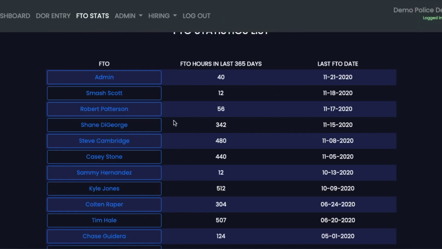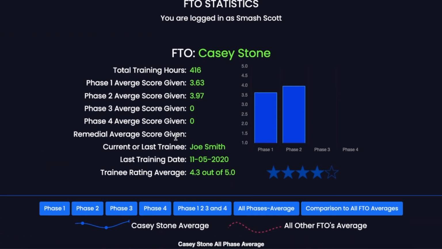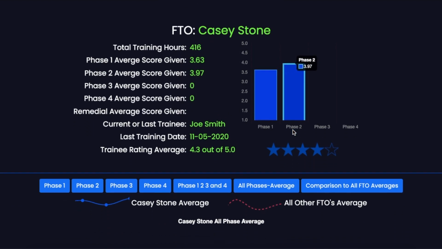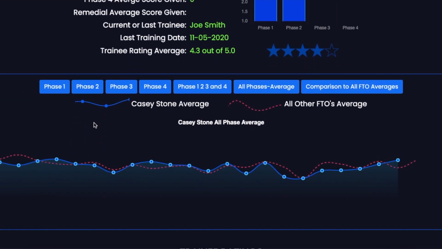So going back to the FTO status board, maybe we'll pick a different FTO to look at. We did Steve, so now we'll do Casey Stone, and take a look at this FTO and see how they're doing. Now again, they've trained in phase 1 and phase 2, but what I'm first noticing here is that the FTO seems to follow the average FTO line pretty closely. I don't see any huge dips or deviations where it's too far above or too far below, and to me this speaks that